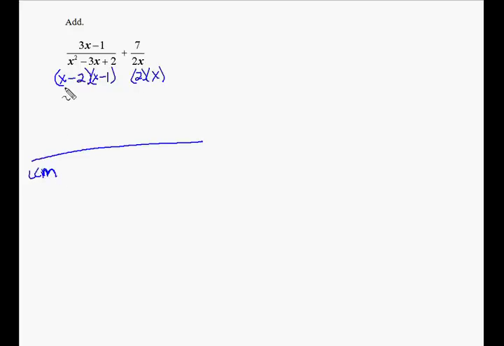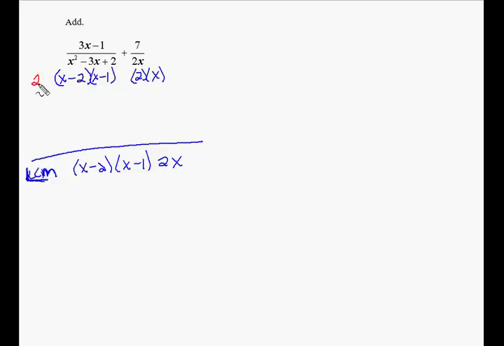C is common. Although this is an x minus 2, this one does not have the same relationship. It's not 2 minus x or x minus 2, it's 2 times x. So there's nothing common, and I'm going to have to do the L as all the leftovers. So I'm going to need the x minus 2 and the x minus 1 as well as the 2 times x. The idea of getting a common denominator is that the fraction to begin with has to stay equivalent to what it was,